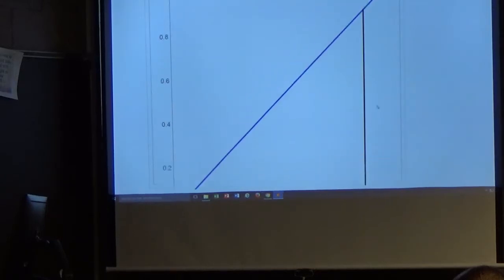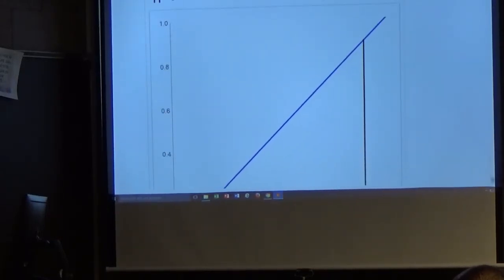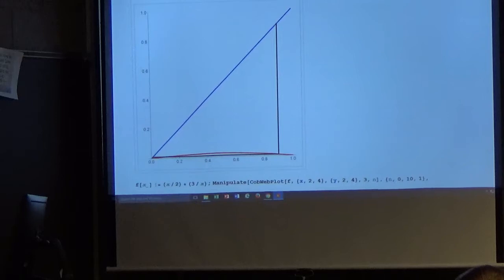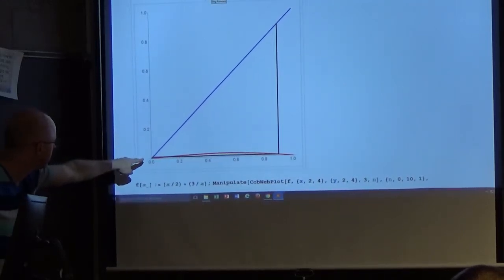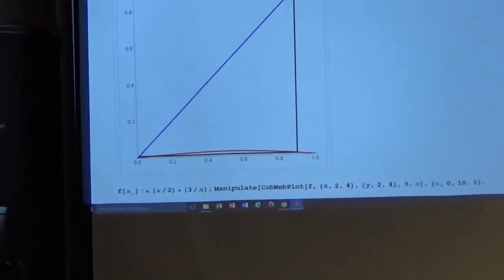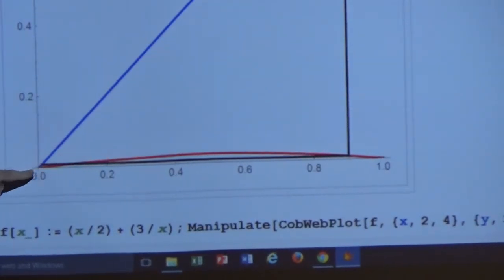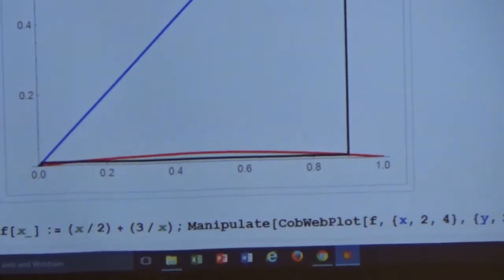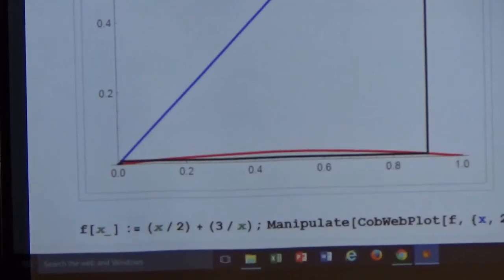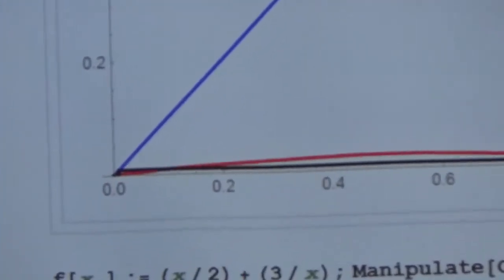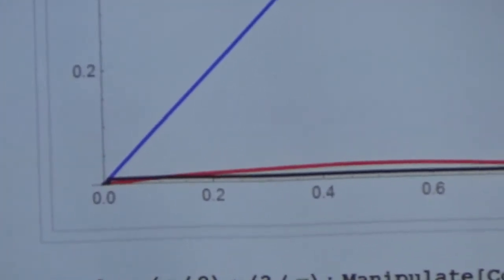It's a bit hard to see, though. If I increase n here, you don't really see much. I think if I go up by 1, you'll see a little bit here, maybe. Look down there and let's see if we see anything. Yeah, did you see that? Watch right there. Here we go again. 1, 2, 3, go. It's stepping down. It's getting closer and closer to 0. This is called a cobweb plot for reasons I'm not going to get into at the moment. That's when mu is 0.1.